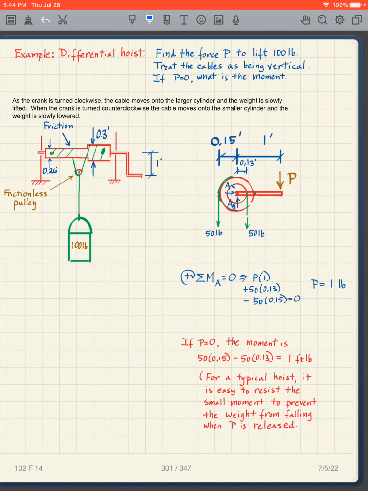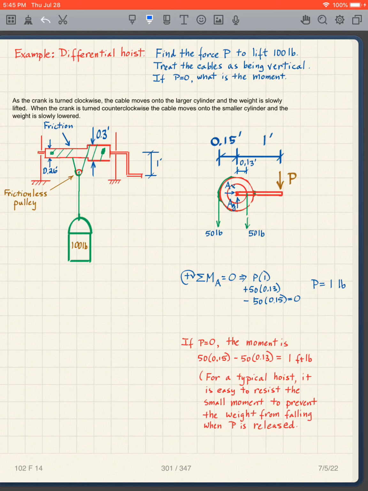the only difference between this and the previous one is that I have now two diameters. I have a thicker portion and a thinner portion. And what happens is that now if I turn this crank, the weight will, for instance, if I turn it in this direction, and I wind it up on this, so now I have two different spools. So I can, if I turn this in such a way that I'm winding string or rope onto this spool,